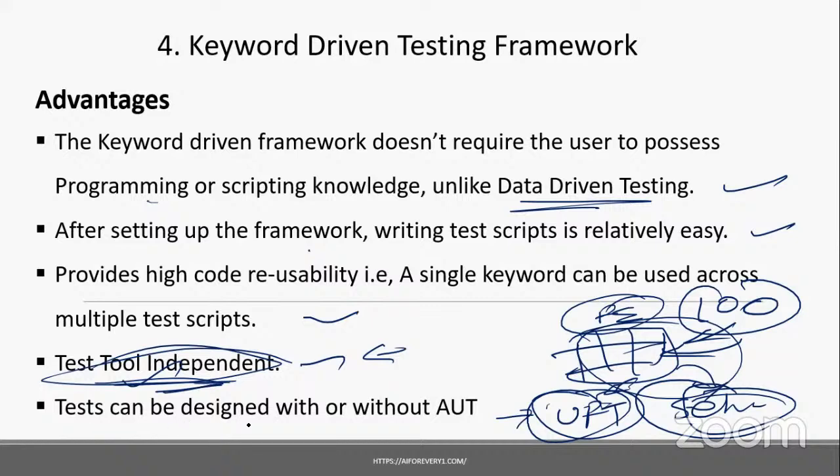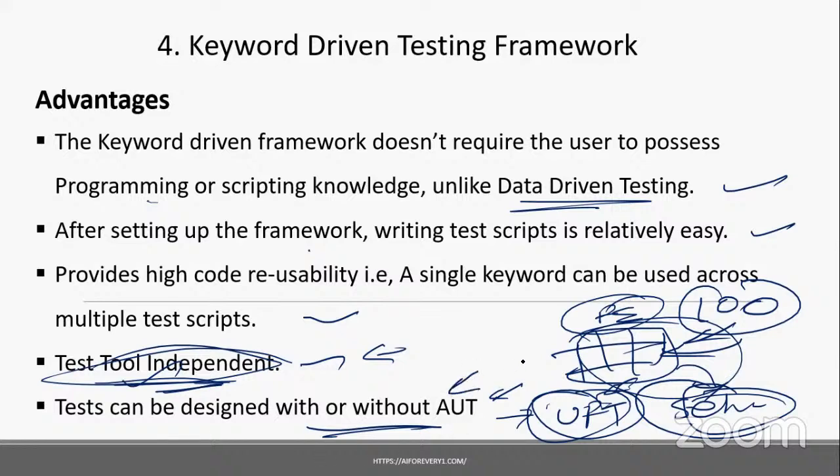Then, tests can be designed with or without the AUT. This is nothing but in-sprint automation. If you're working in a Scrum team, they will ask you to automate during the sprint itself, in-sprint automation, a left shift mechanism. On day one, they will tell you what the application is. They say, okay, you're going to have a login page, login button, username, password, click on the login button. Given this data, it is very easy for you to go and give the naming in the Excel sheet. That is what without AUT means.